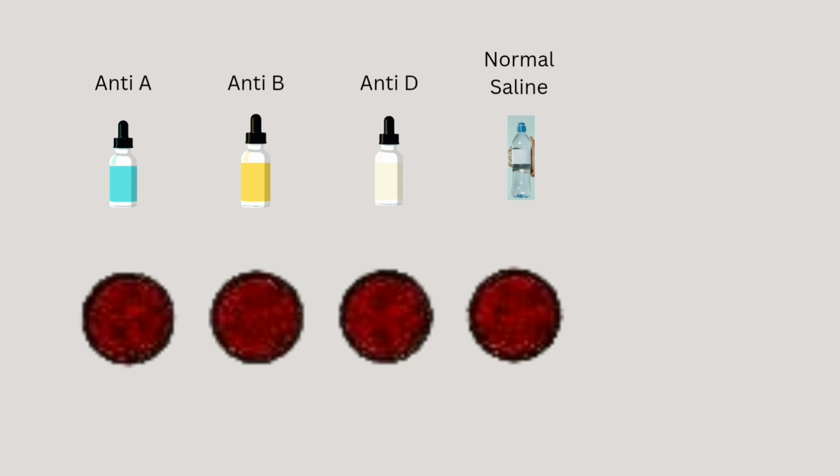Now leave the glass slide for 30 seconds or a couple of minutes. At the end of the time period, check for clumping of RBCs in the 4 drops. The negative control is not expected to show clumping or agglutination; if it does, the experiment needs to be repeated. The blood group now depends on which of the other 3 drops on the slide exhibit RBC clumping.